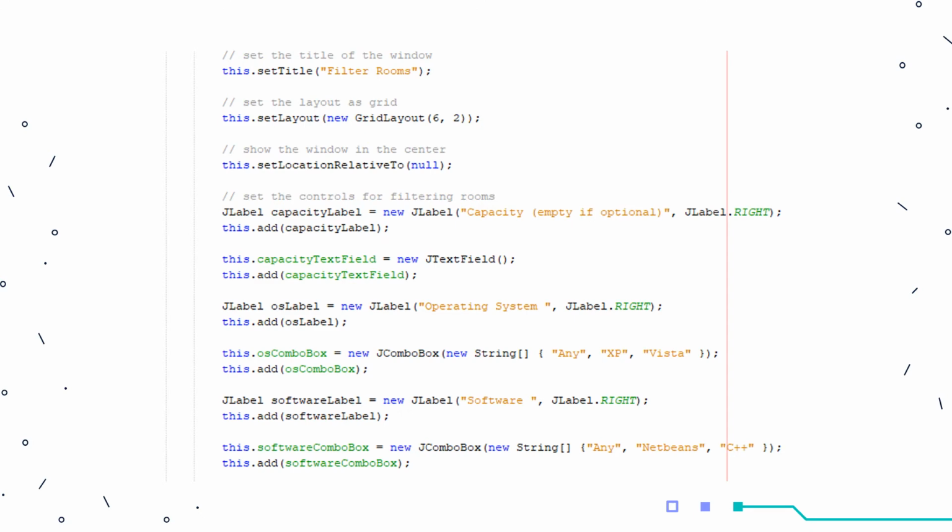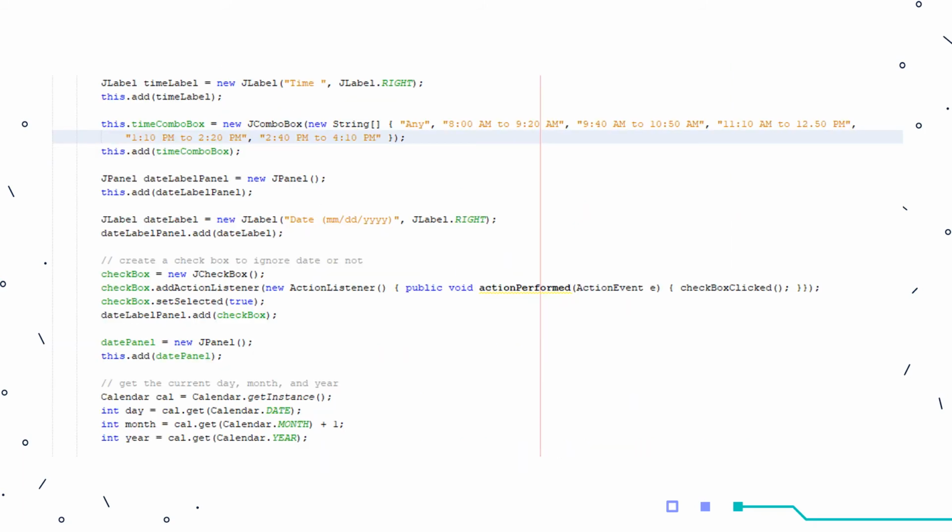Same as previous, in this session we want to create the user interface design and set the controls for filtering rooms, which are the capacity, the operating system and operating system choices, and the software that the user wants to use, and software choices. And in this section we want to create